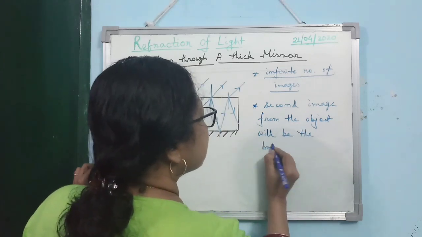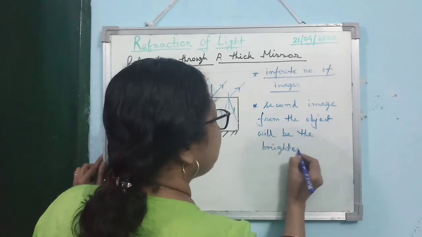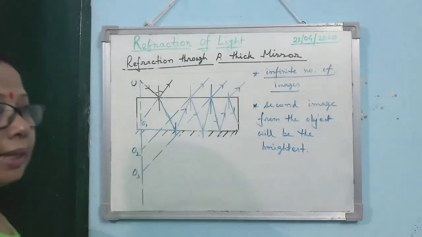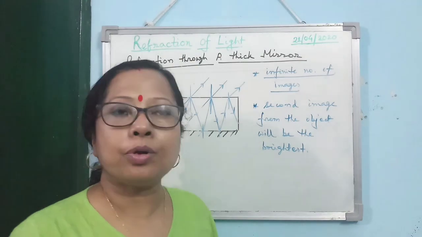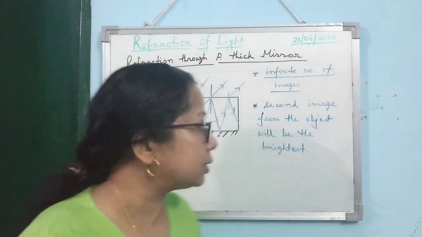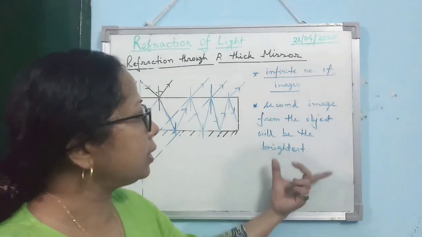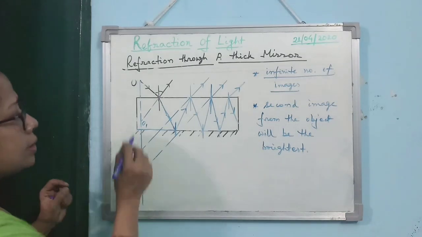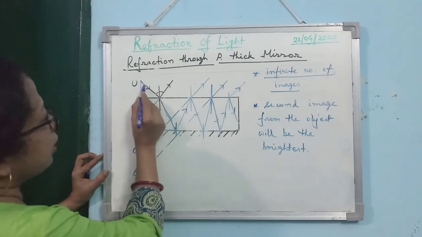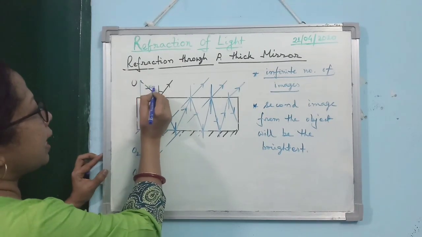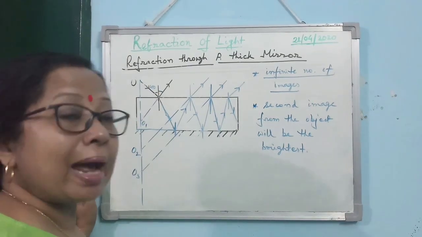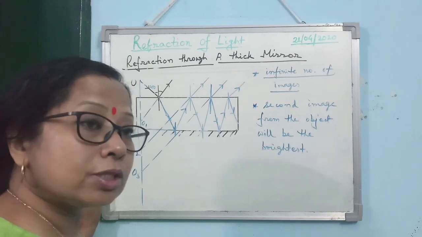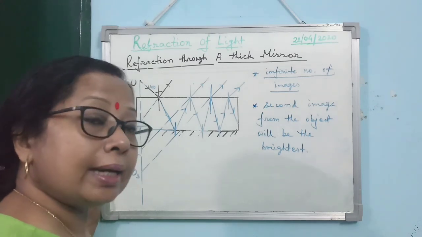Alright, so I am just trying to explain it first. Then I will tell you how to write it in short, because in the board exam you don't have to write an elaborate answer. Only the short answer you have to write. Just try to understand. Now consider this. Suppose the incident ray is falling carrying 100 joule of energy. The brightness of anything depends on how much energy you are getting out of it.